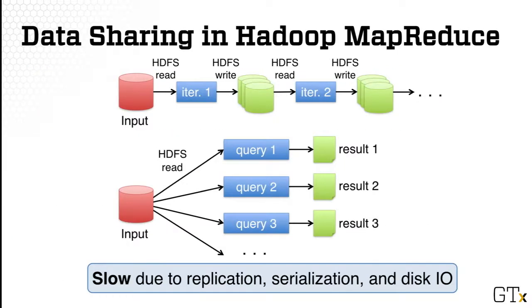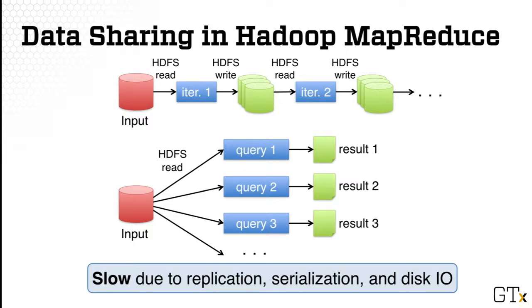Now let's take a closer look at how Spark speeds up computation. First, let's consider what happens in the case of Hadoop MapReduce. Let's say we want to run a machine learning algorithm that uses gradient descent, which is iterative computation. Since Hadoop is disk-based, in the beginning of each iteration, the program would need to first load the data from disk, do the computation, and then at the end of the iteration, write the results back to disk. And this happens for every iteration.